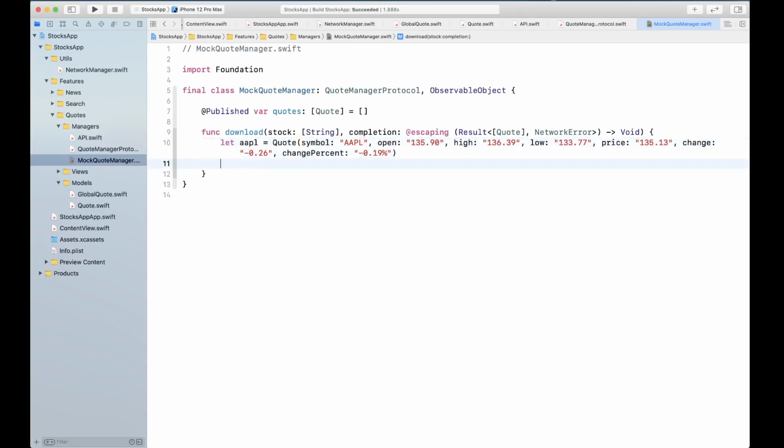And we're going to use the same, and I'm going to create one for Google. So Google, its stock symbol is GOOG, and we're going to use that. So GOOG, and open is going to be, let me see, 2099.51.